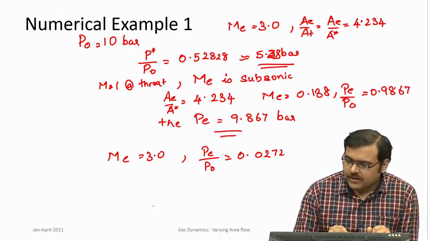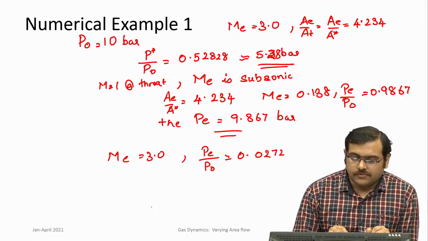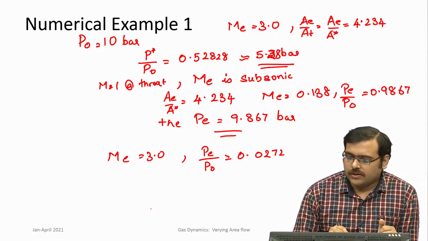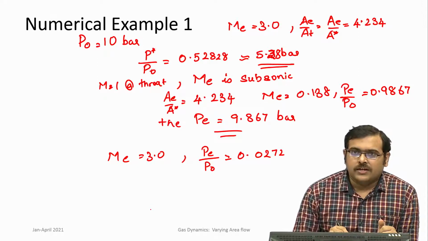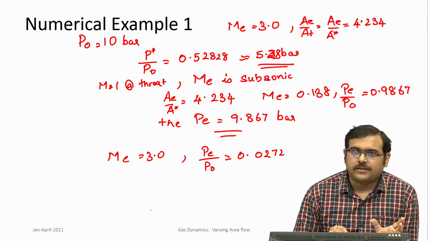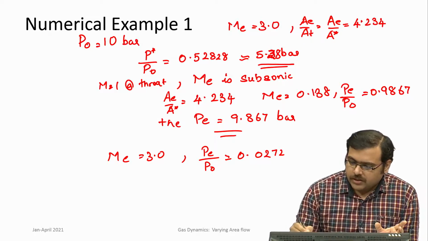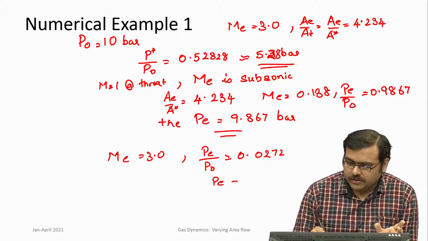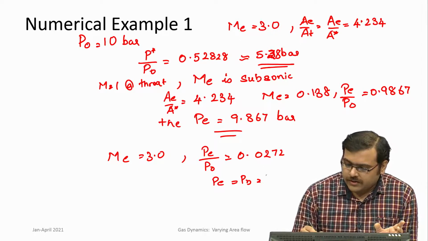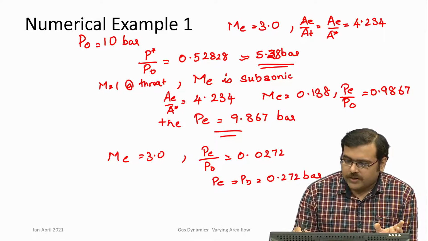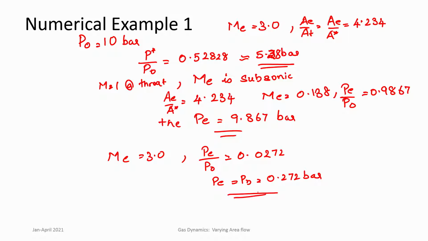So you see that for 10 bar upstream pressure you really need to give quite low pressures in order to achieve Mach 3 complete expansion without shocks in the nozzle, and you can get this number. The exit back pressure should be equal to the exit pressure, and it will be 0.272 bar. Okay, so that is the point at which there will be complete supersonic flow through the nozzle and at the